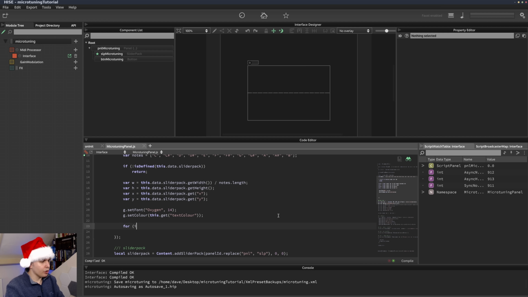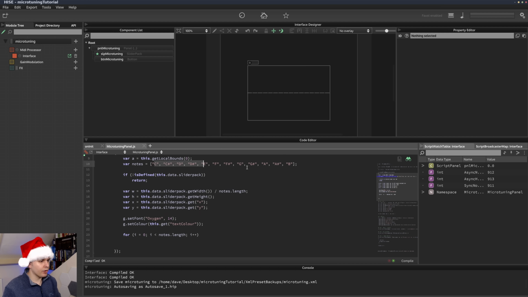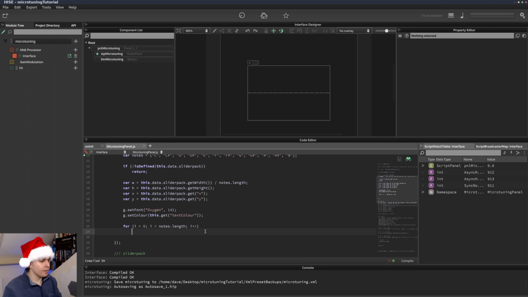And then we're going to have a little loop that loops over all of the notes in the notes array. We're looping over all of these notes and we're going to draw each one in turn. So drawAlignedText, note[i],